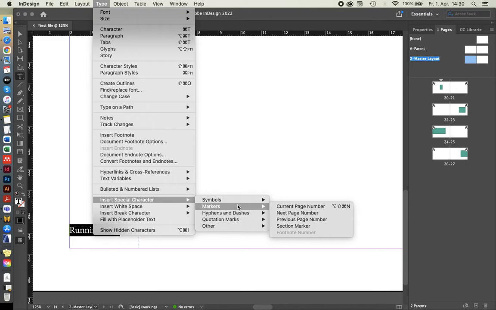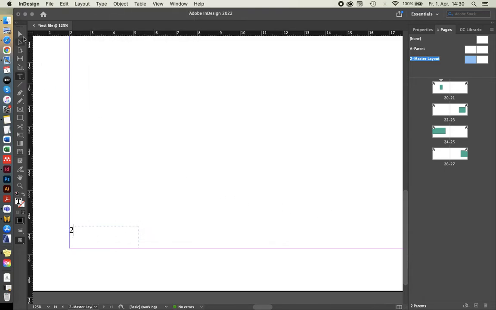I don't know, it's not quite intuitive to find, but once you know it, you'll know it. And then usually you want to see the current page number, of course. And then there's also a really cryptic shortcut for that as well. I don't know if I have enough fingers to press that, but we'll select it here. There it goes. It now shows up as a number 2